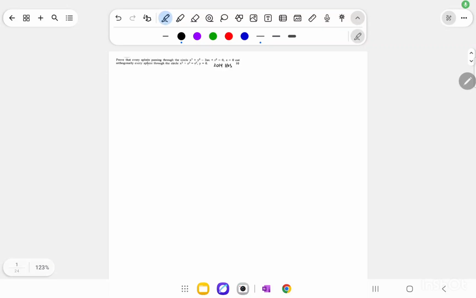Let's see the remaining questions of spheres. So question number 1 for today is, we're supposed to prove that every sphere which is passing through this circle cuts orthogonally every sphere which is passing through this circle. So basically they have given us equation of two spheres and we are supposed to prove that